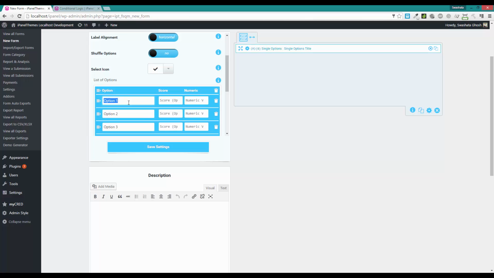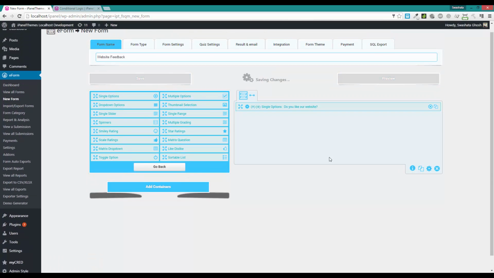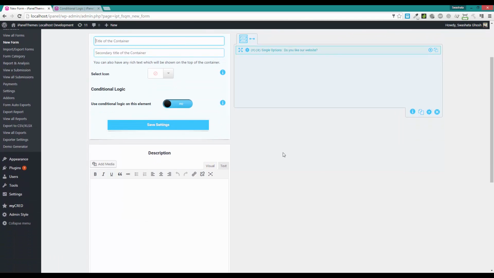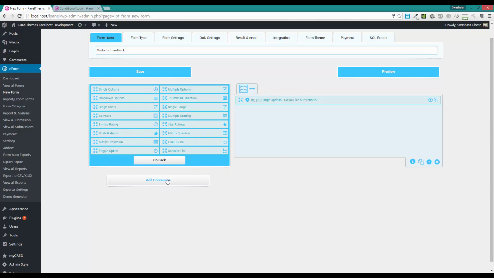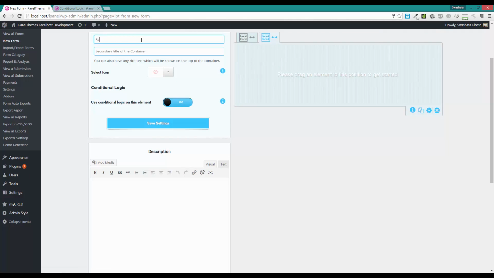With options, yes, sure, and kinda neutral, and no, I do not. We're going to name the tab to page 1 out of 3, and we're going to add another container in it. The second container is going to say page 2 out of 3,